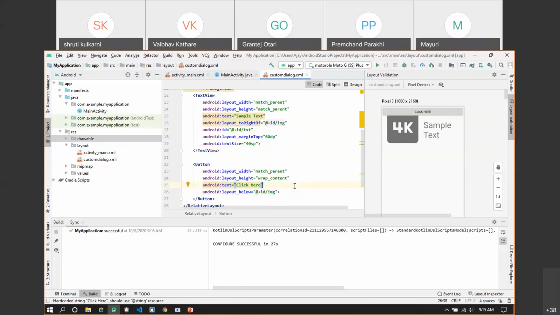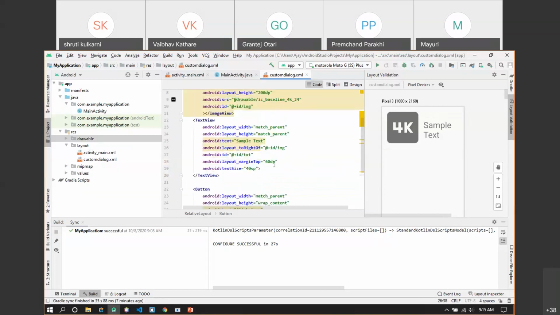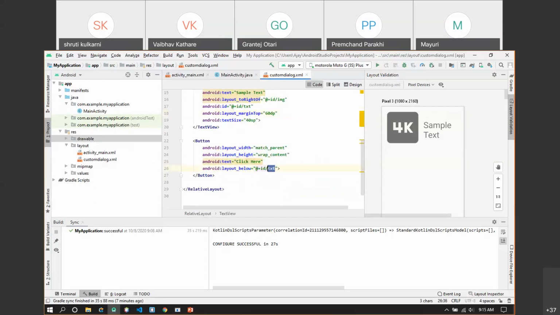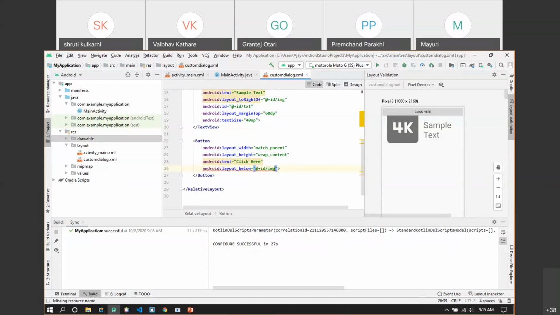Now as soon as you give the ID as img, yeah, the button was not coming below the image. So now you see the button is available below the IMG.